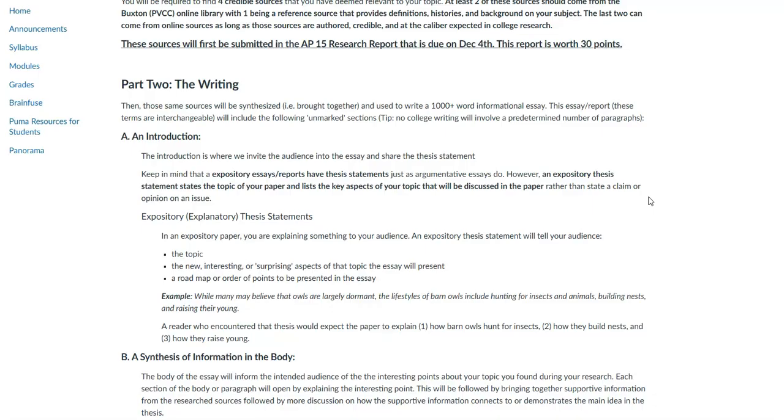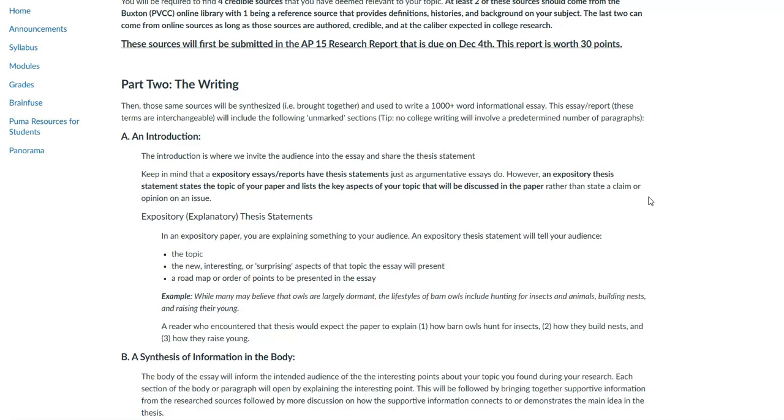This is going to be a 1,000-word essay where you build on what you have learned from your research in a way that identifies some of the key things that you want to share with your reader, and you present that as the information you are sharing. Then, and this is the awkward part, you bring in the sources where you found that as your backup. I know that's a little awkward, but that's how it works.